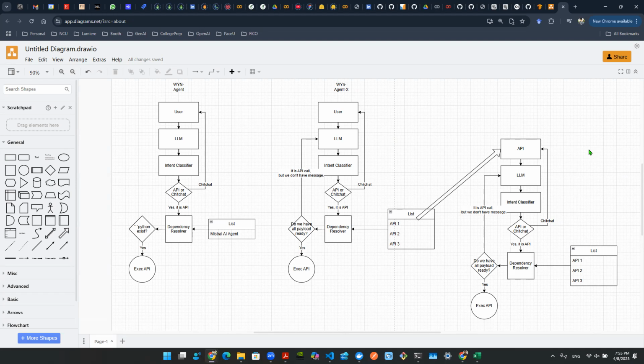This intent classifier obviously needs to be a function. It's a Python function where a prompt comes in, and you say with this probability, it's chit-chatting, or it's an API call. That's one function. And then this needs to be another function, right? This function needs to look at the conveyor belt, which is the event stream that the user